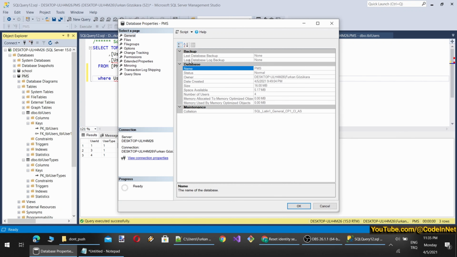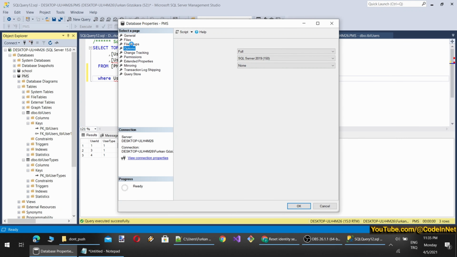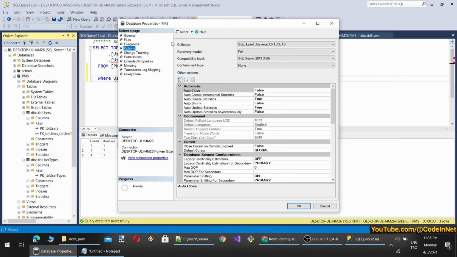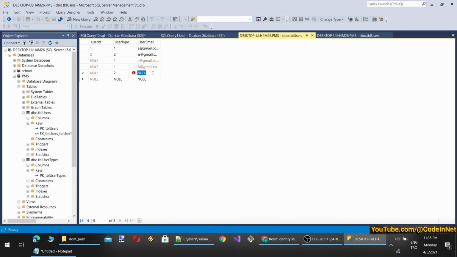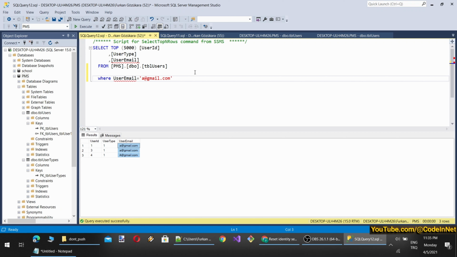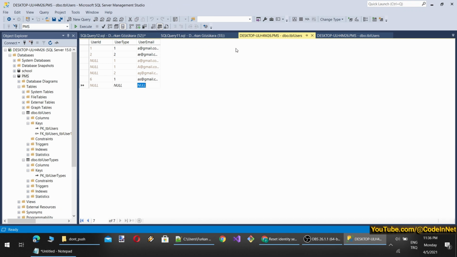So let's check our collation as well. And where are the collation options? Yeah, so our collation is set as case insensitive but accent sensitive. What does that mean? That means that, for example, let's set another one, gmail.com, but since this is varchar, yeah, they are saved as the same. Anyway, our aim is to not allow the same email to be recorded in the database. So how can I do that? I can do it with a